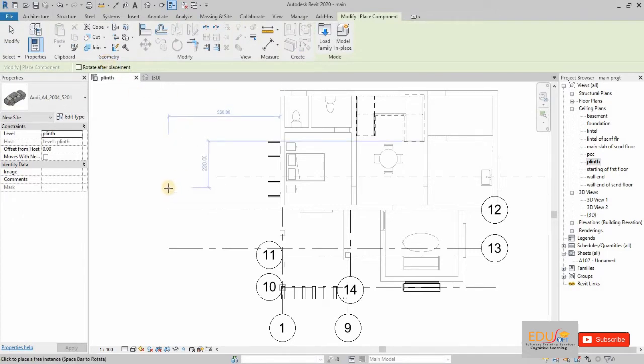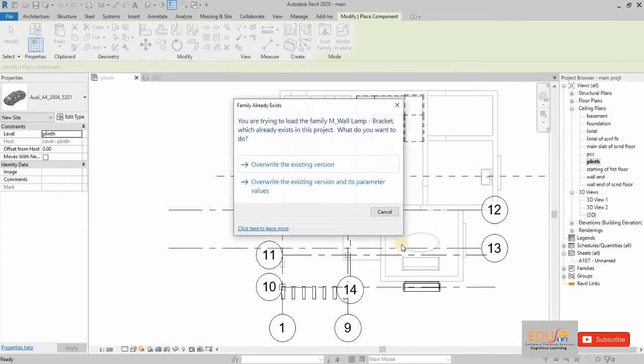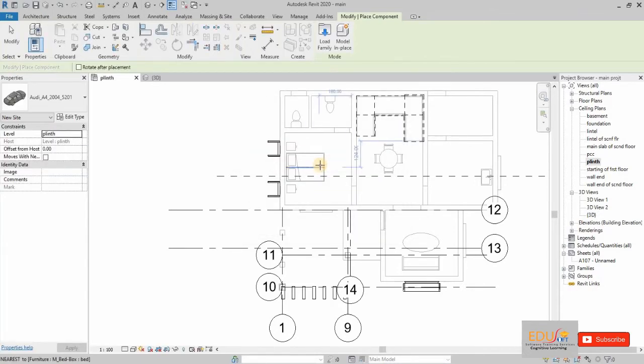Next, we have to go to Load Family for loading light fixtures. Go to Property box and select the loaded light fixture from the drop-down list.